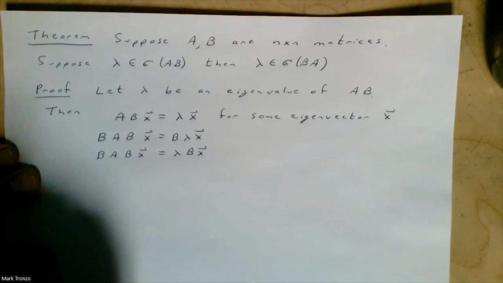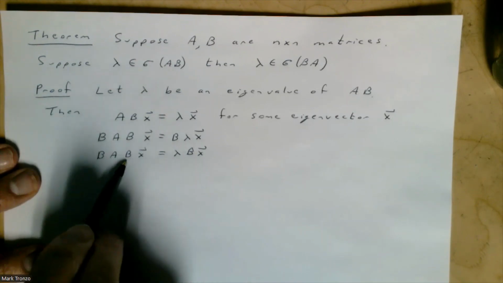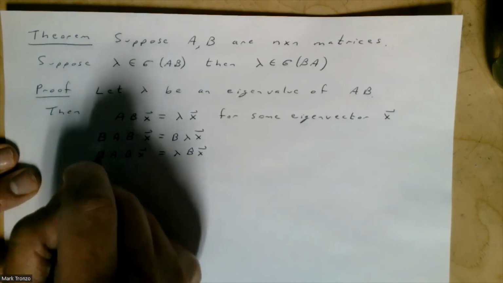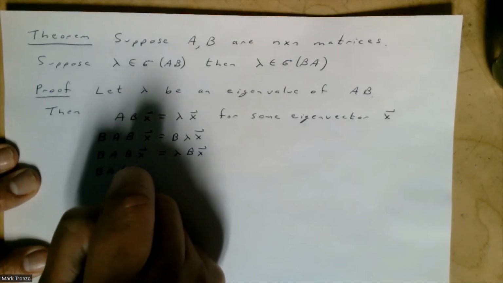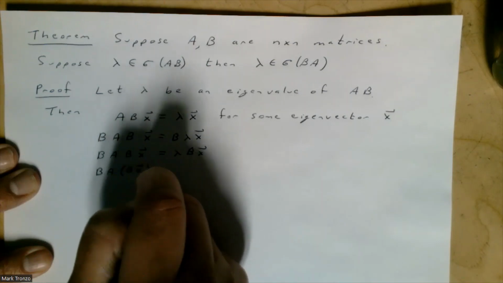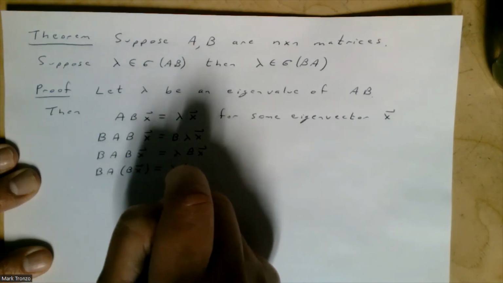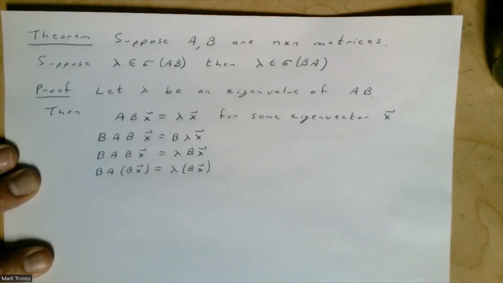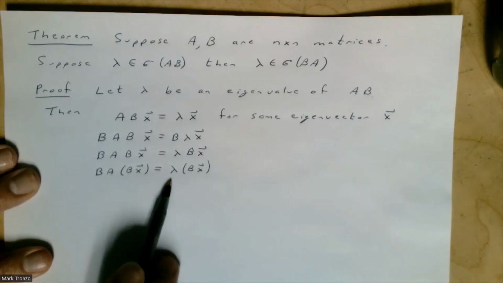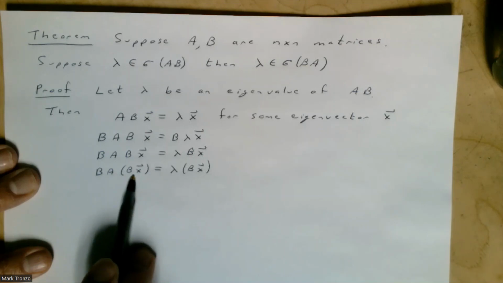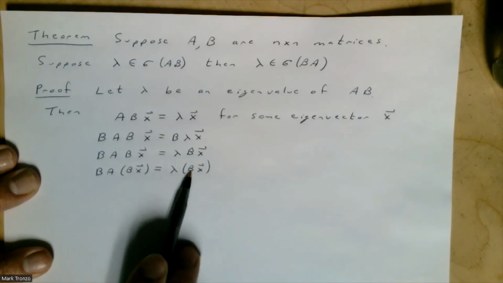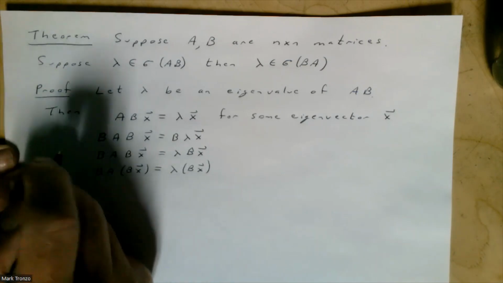And now if we just associate these a little bit differently. So if we just, no, I'm not even going to multiply it by anything or change anything, just put some parentheses here just to emphasize BX like that. So notice that lambda is an eigenvalue of BA because you have BA times this vector equal lambda times that same vector. Therefore,